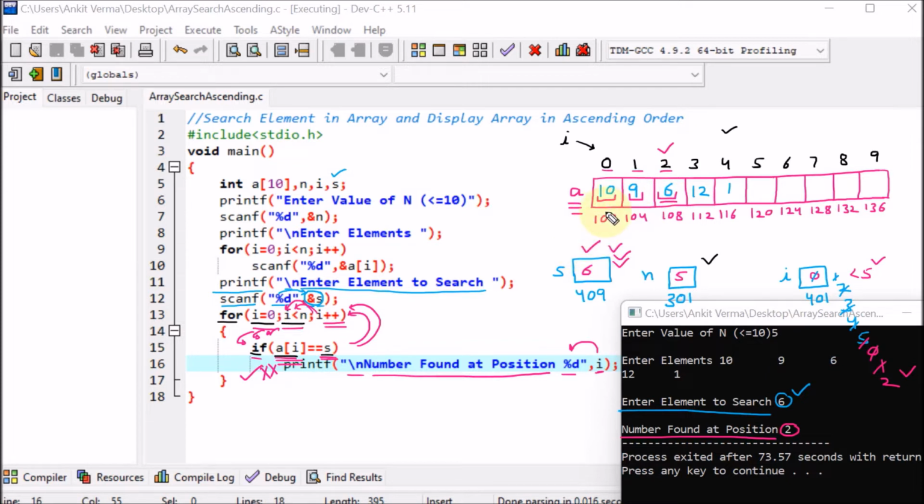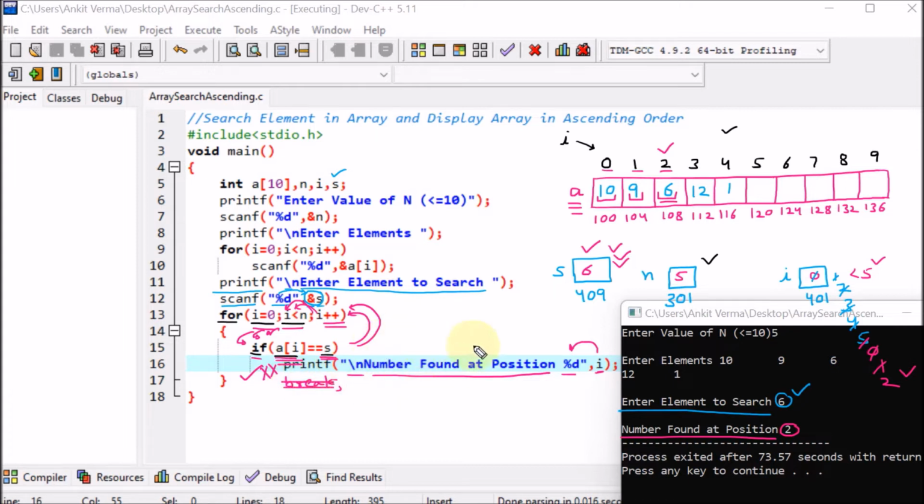Now let us suppose that your array has multiple 6s. So here this program will search for the further numbers also. It will not stop. But if you want to find the first number, and afterward you don't want to continue, simply apply the break. So here we can apply the break and afterward the program will stop. But if you want all numbers to be searched, meaning how many 6s are there, show me, so here we have not applied the break.